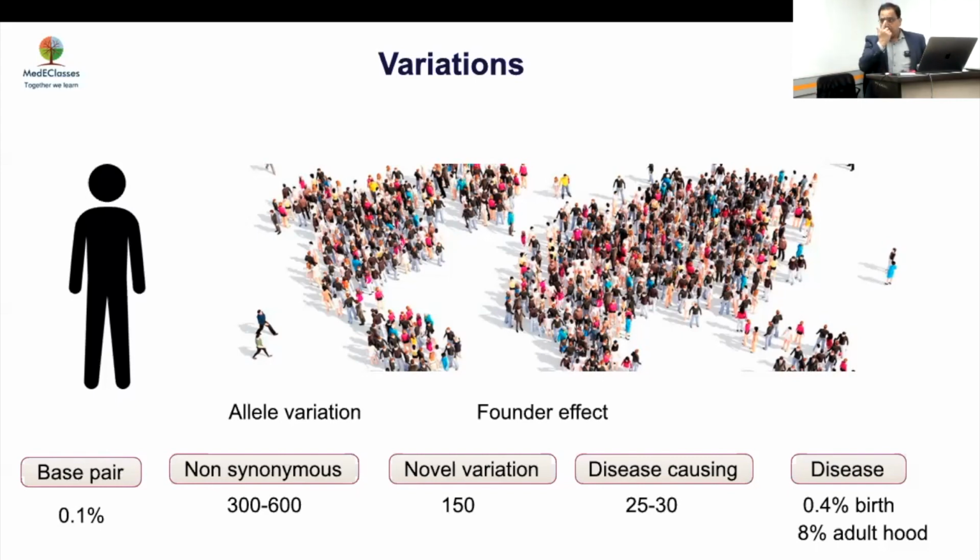Then suppose you have a small population and you have a founder effect. What do you mean by founder effect? You read it a lot in these genetic diseases. Pratik? The first person to have the disease. If you have small groups, like people in tribes going somewhere, and one person had that disease, now everybody in that group will be much more likely to have those diseases. This is known as founder effect. And with genetic drift, with time, these genotypes change. So all these things become important.